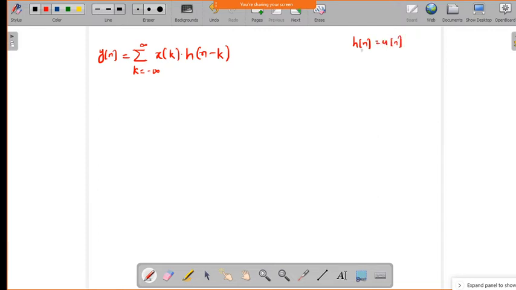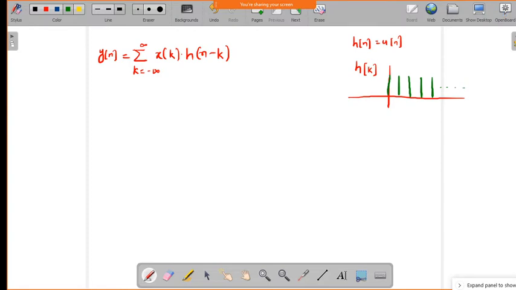Now I'll change the independent variable n to k, because we need to define the summation variable as k. Now if I take x of k and plot this one, just see how it will be. It will be from 0 to infinity, so it will take values from 0 to infinite value.